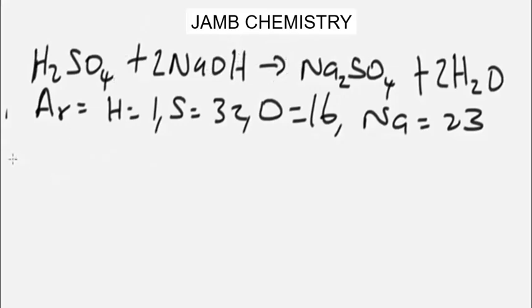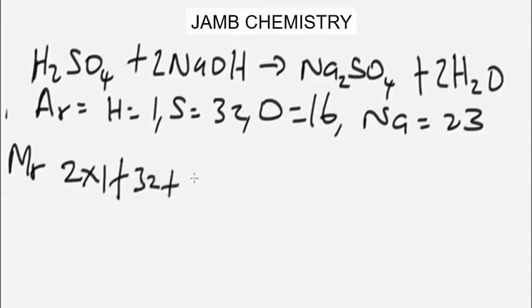So let's do it together, guys. The relative formula mass of the compounds on the left hand side of the equation will be, for tetraoxosulfate(VI) acid, 2 times 1, you have 2 atoms of hydrogen there, plus sulfur is 32, plus oxygen is 4 atoms, that's 4 times 16, plus now we have 2 atoms of sodium there, plus 2 times 23, plus